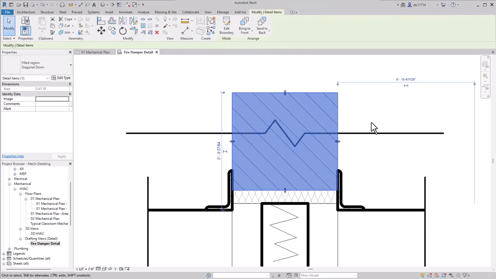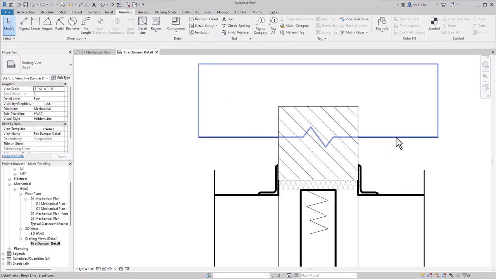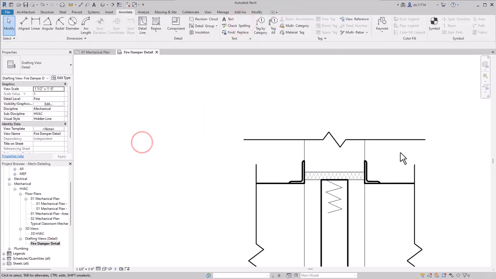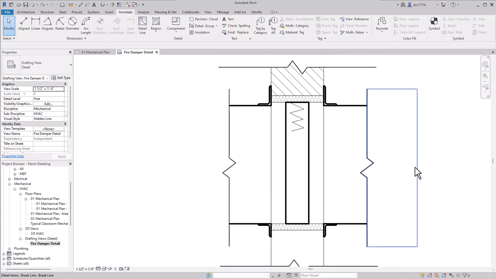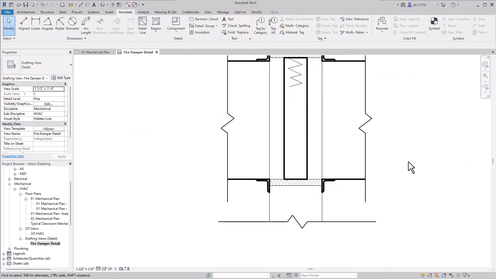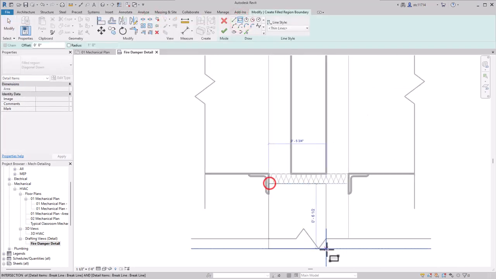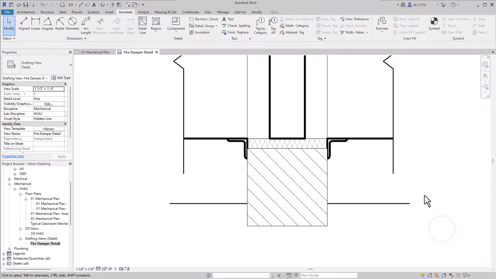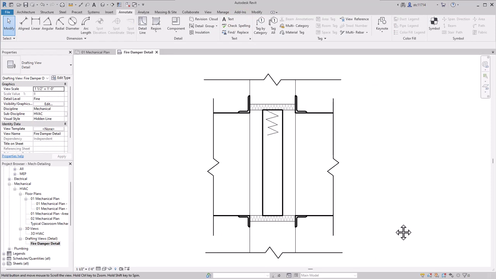You can see what it looks like when I click away from it. Hopefully it was wiped out. If it's not, then I'm just going to grab that break and I'm going to bring it to the front to put it in front of that hatching. And now it should be nice and wiped out there inside the break. I'll do the same thing on the bottom. I'll choose my region tool, my rectangle tool, and then once again I will just draw into that area. And again, it looks like it's in front of the other one, so I am going to grab the break and bring it to the front so that it is wiping that out.